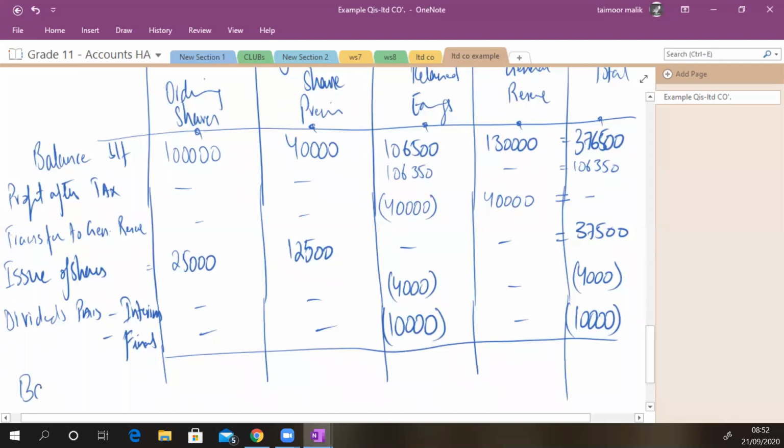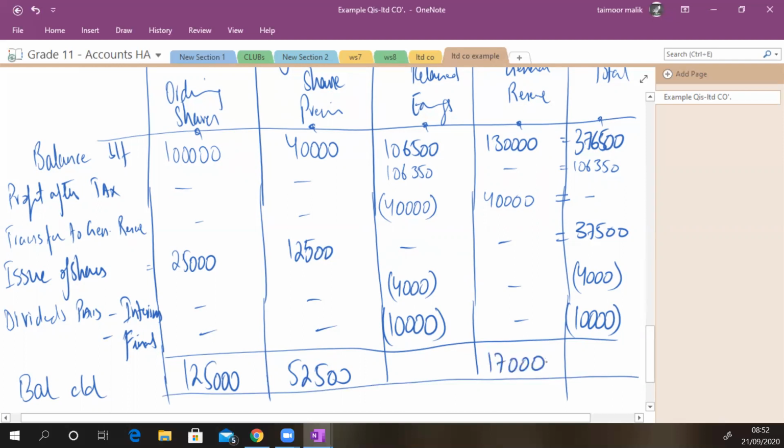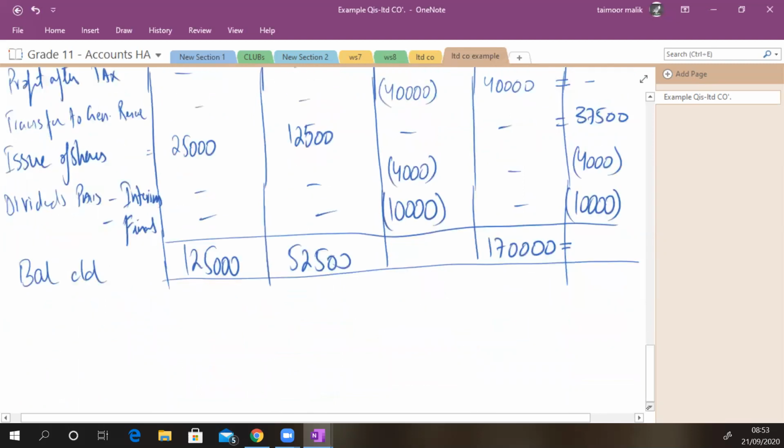Now the final values, which is balance carried down, is 125,000. This is 52,500. This would be different. This is 170. ठीक है, ये देखो कितना हुआ. What would be this value and what would be the total value? ठीक है जनाब. Once you have made this, उसके बाद